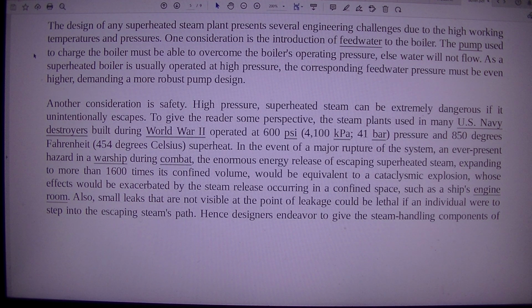The corresponding feed water pressure must be even higher, demanding a more robust pump design. Another consideration is safety. High pressure, superheated steam can be extremely dangerous if it unintentionally escapes. To give the reader some perspective, the steam plants used in many U.S. Navy destroyers built during World War II operated at 600 psi (4,100 kPa, 41 bar) pressure and 850 degrees Fahrenheit,